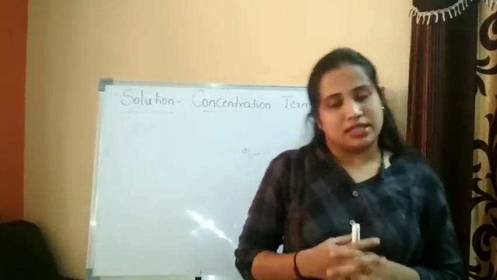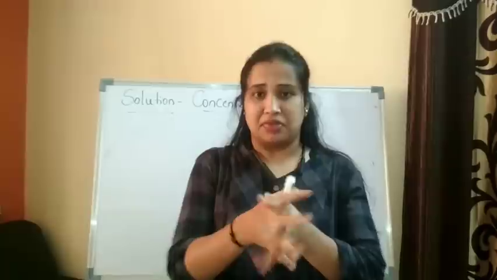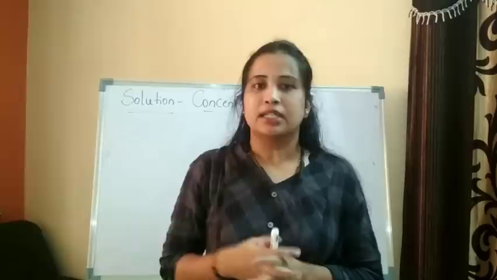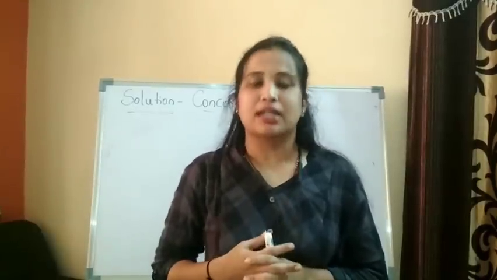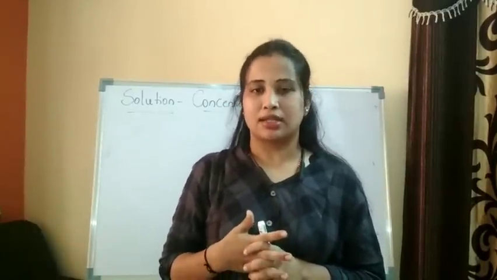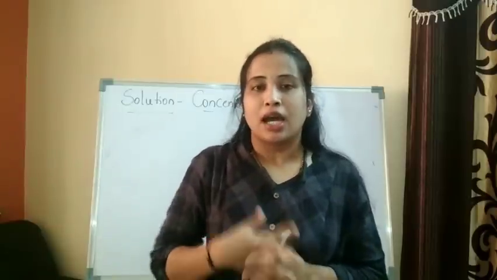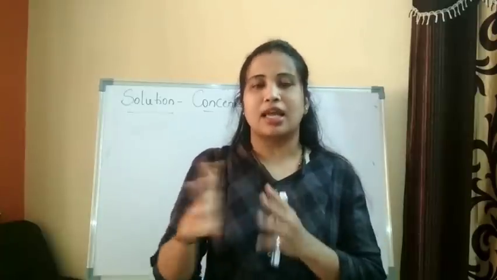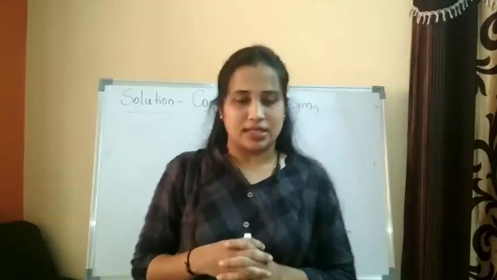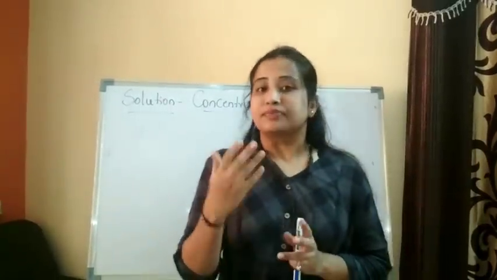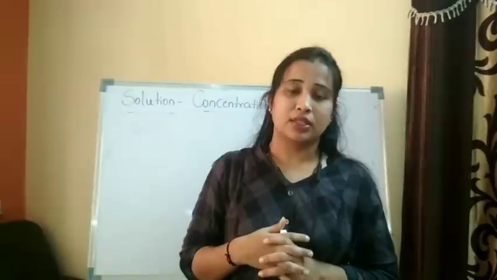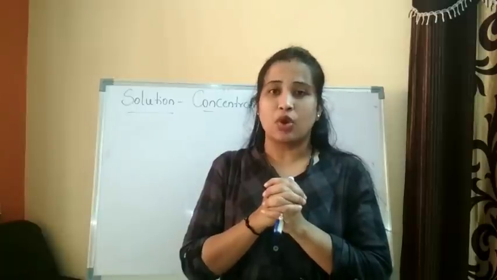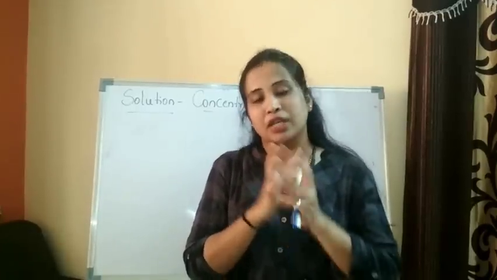In the previous class we discussed the solution chapter, where I started the first class with the solution. In that part we completed the introduction and the types of solutions, and I just moved to the concentration terms. Let us revise a little bit of that part and then I will move to the next part. A solution consists of the solvent and the solute, and the chapter is about the binary solution. A binary solution is nothing but a solution which consists of two components.